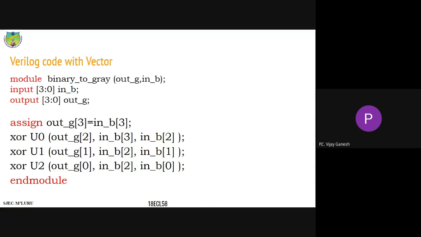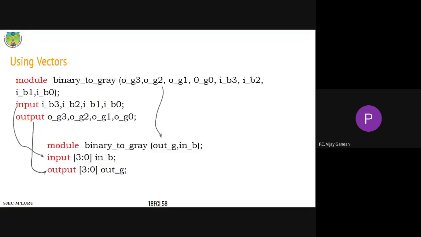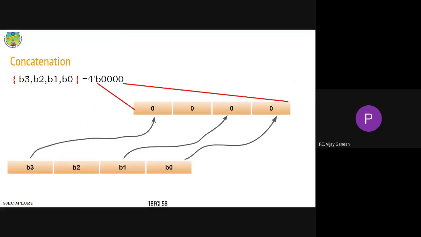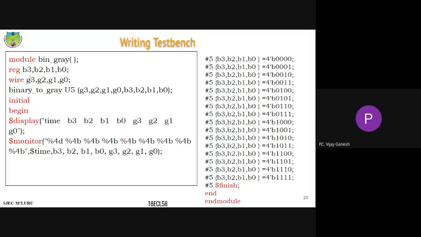Instead of reg G3, G, for example, in your test bench, here you have reg B3, B2, B1, B0. If you want to use the same test bench, I should put a flower bracket here in both the areas. That's what we did here. Then automatically it merges as a 4-bit and passes to our module. You try this one. If there is any error, we will help you out.